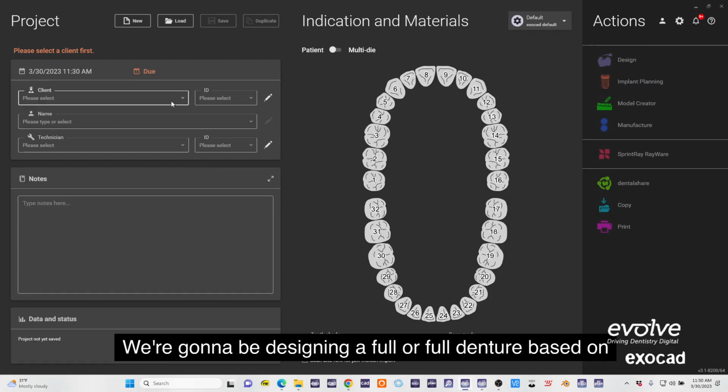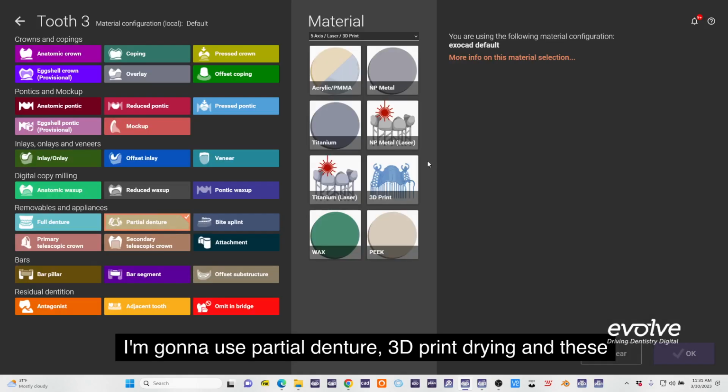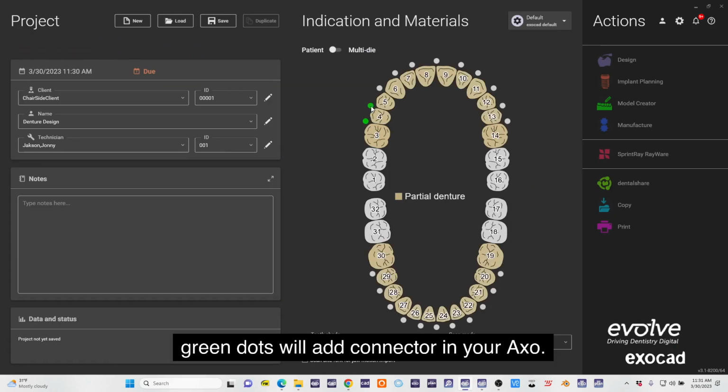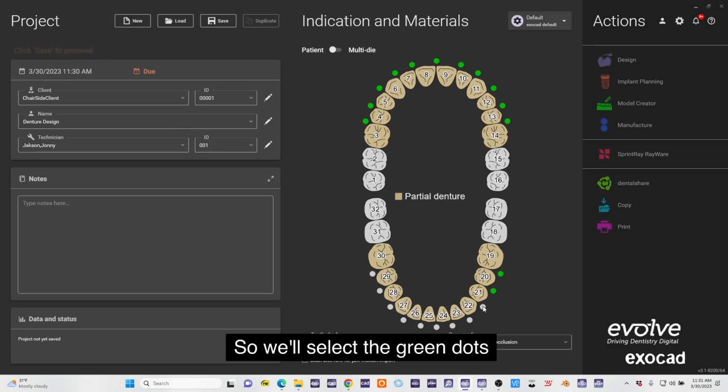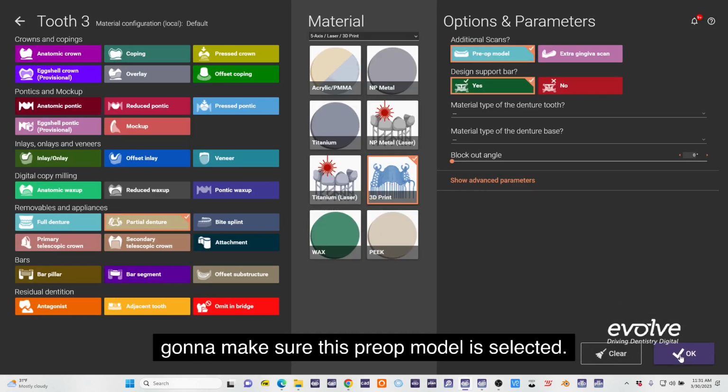We're going to be designing a full over full denture based on the position of the existing dentures. I'm going to use partial denture, 3D print, drawing, and these green dots will add connector in your Exocad. So we'll select the green dots for connectors for a split file denture. We want our connectors on our split file denture, and I'm going to make sure this pre-op model is selected